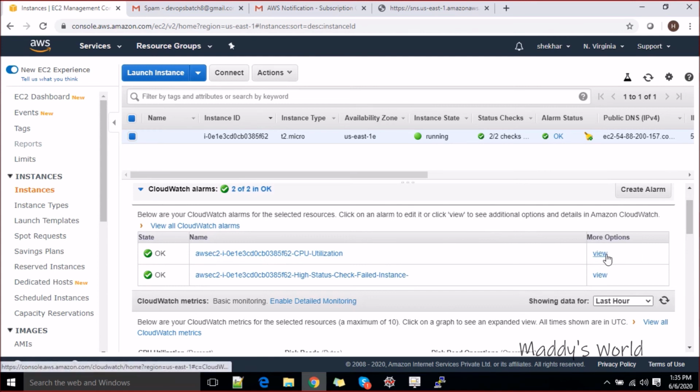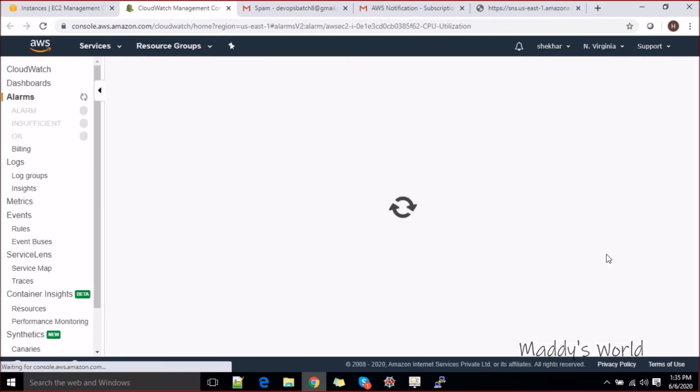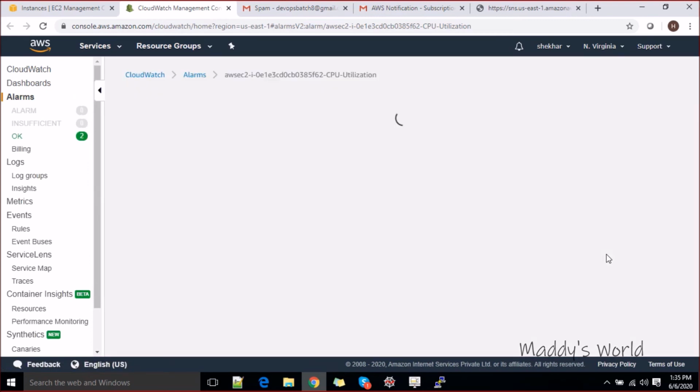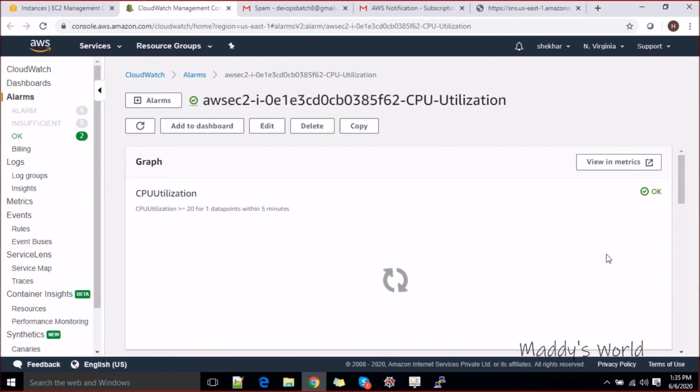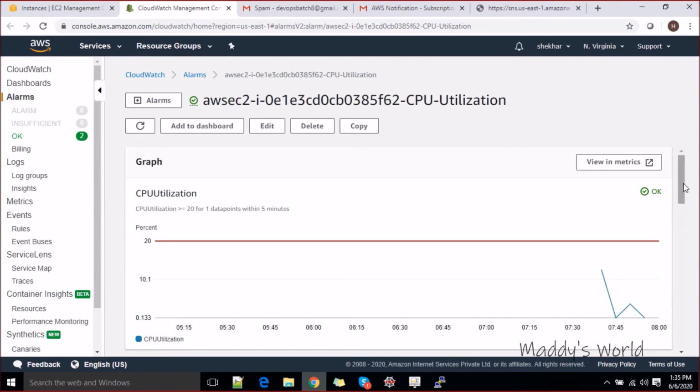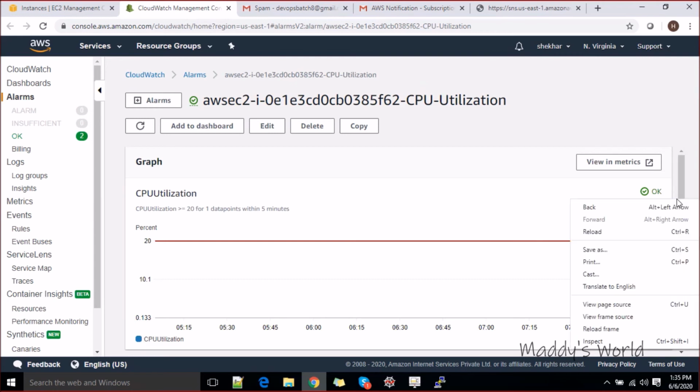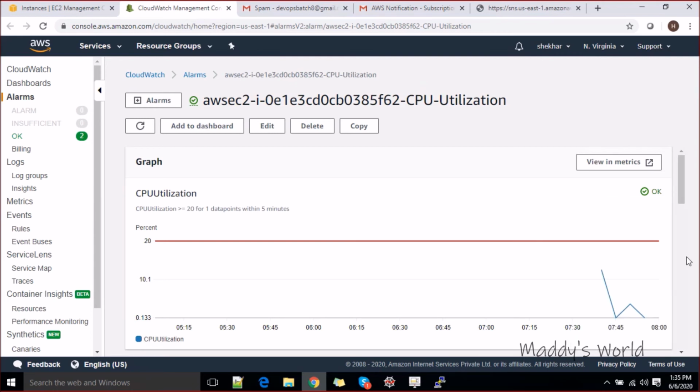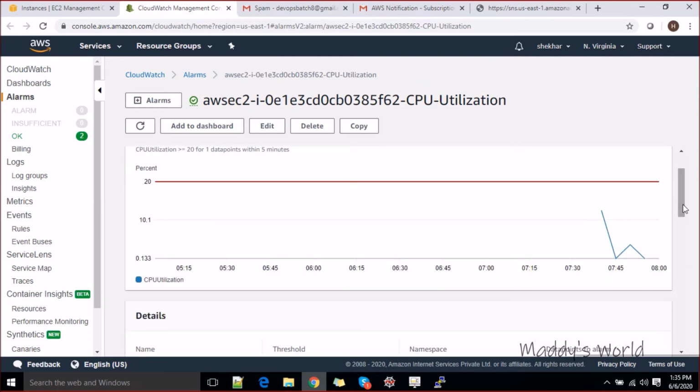So view it now, how the CPU utilization is going for this instance. Okay, it has been sent directly to CloudWatch. Now here we go. It says it's okay for now, but if you see the CPU utilization, the spike is there. It's going up a bit now.